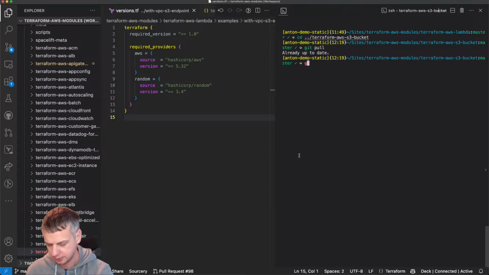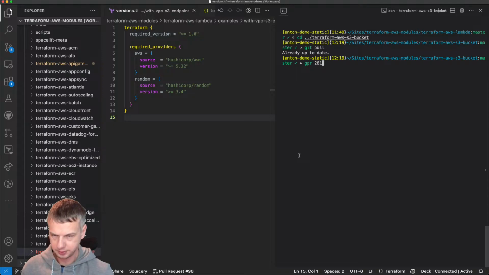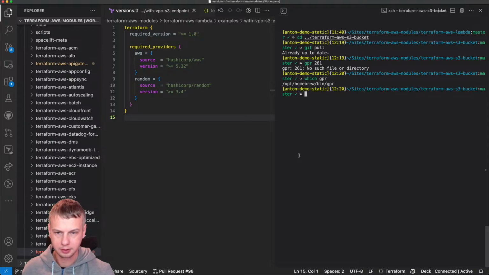What is it? Git, yeah, GPR. I made this shortcut for myself and I forgot it. I think it's GPR, which means GitHub pull request 261. Nope. Is it an alias? No, which GPR?